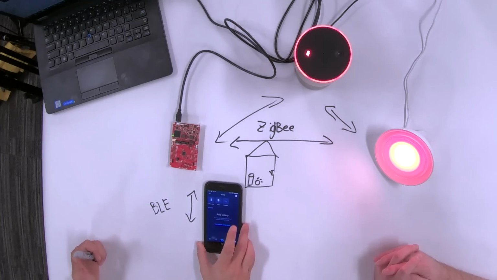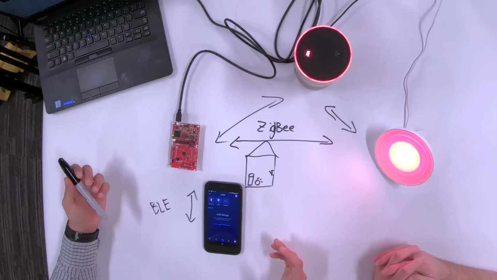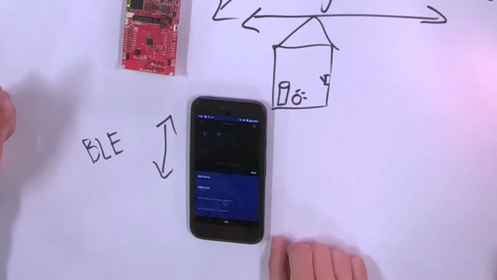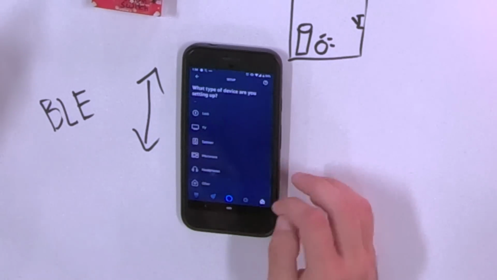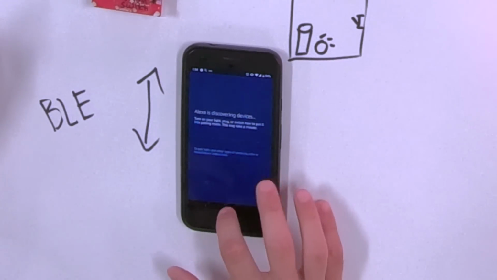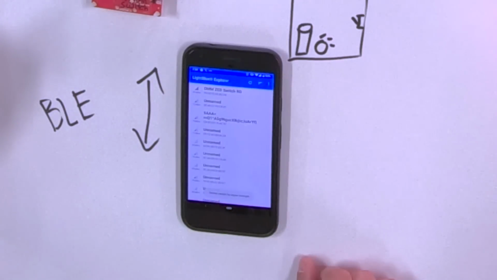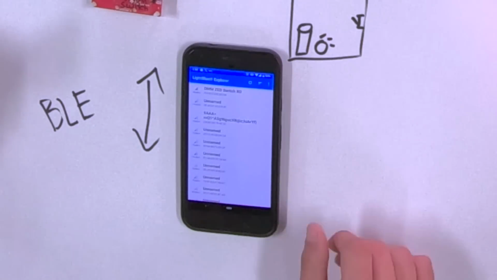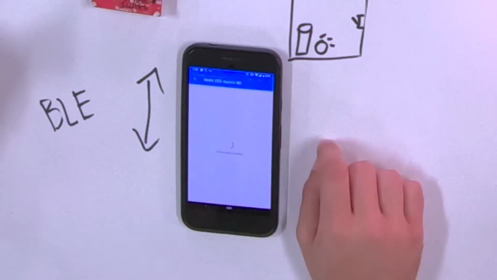Yeah, so to get going, the first thing we'll want to do is let the Alexa know that we're going to be bringing something else into it. So make sure that it's looking for new devices. What I'll do then is go into the Amazon app here, and we'll say to add a device, and we'll set it open so that it's discovering new devices. And then I'll just go to any off-the-shelf BLE characteristic reader and writer. Sure. So this is called Light Blue Explorer. You can get that on the Android or the Apple app stores. So we'll connect to it.